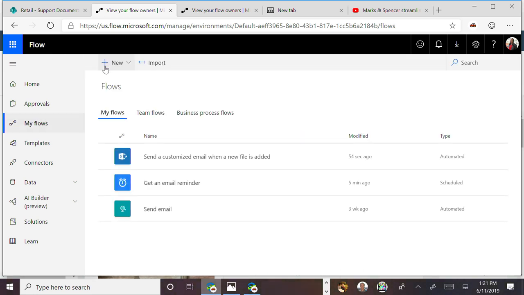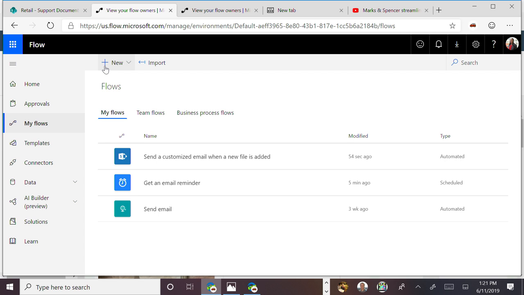So the connectors, the question was about the connectors. So connectors do not preserve the gold account status that I have. I am logged in right now with a tenant admin. Let's say demigod-like powers to the information of my organization. What you want to make sure is just because an admin sets up a flow, anyone who invokes it should not inherit those rights. So each person who needs to execute the flow, they have rights to the flow, but the flow doesn't give them special power to go with that data source. They have to have rights in that data source.